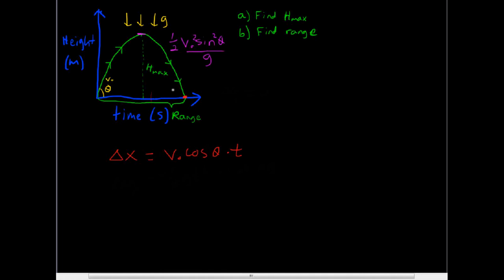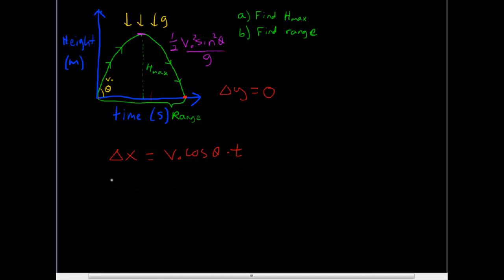But let's think about our vertical displacement. What's unique about our vertical displacement at this point is that it's in the same exact place that it started, meaning that delta y, or I'm sorry, I meant vertical. I apologize if I said horizontal. Our vertical displacement is going to be equal to 0. So if we can figure out the time in which our vertical displacement is equal to 0, we would solve for the time that delta x is at its maximum,